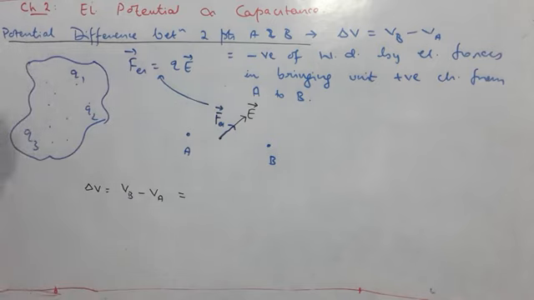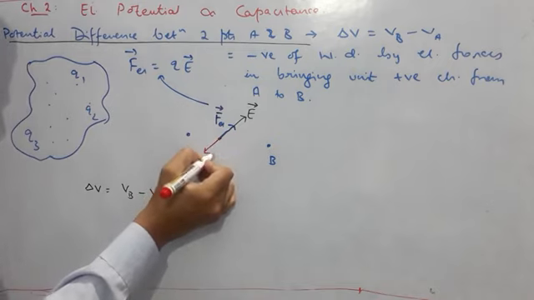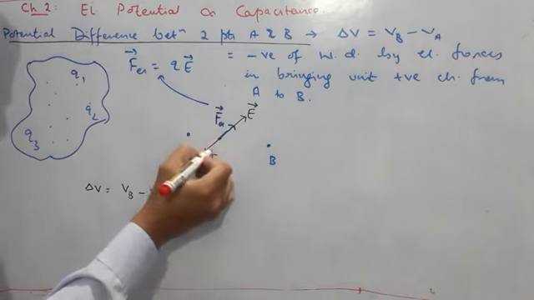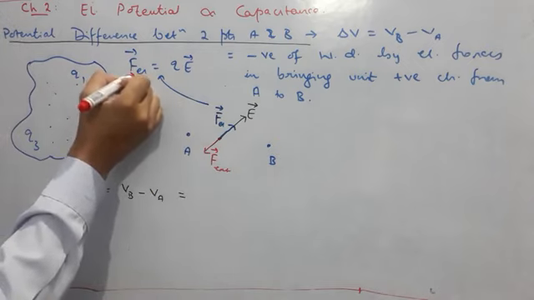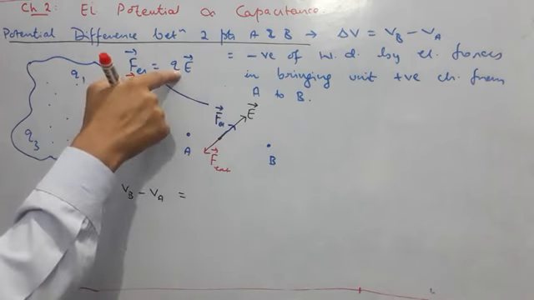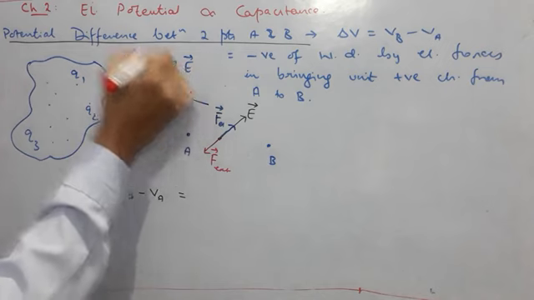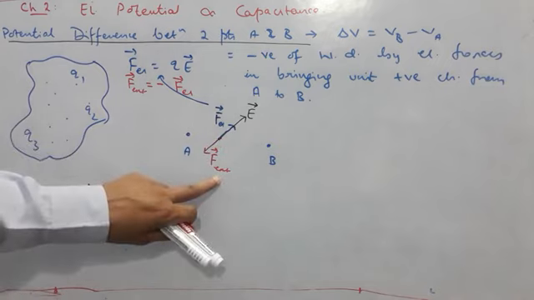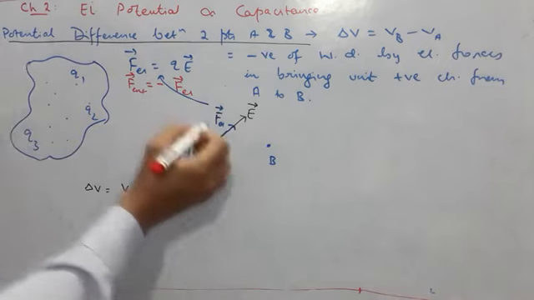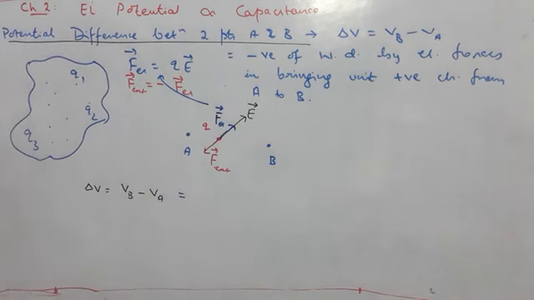If you wish to hold that charge in its position, you will have to apply exactly equal amount of force but in opposite direction. The force that you would apply, I'll call it as F external. And how much will be F external? It will be having same value but opposite direction. So I can write it is negative of electrical force. So this is electrostatic force on the charged particle, and this is the external force which you have to apply to keep this charged particle at rest. And that charged particle has some value of charge that we take as Q.